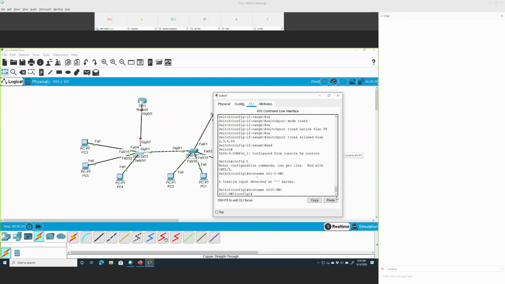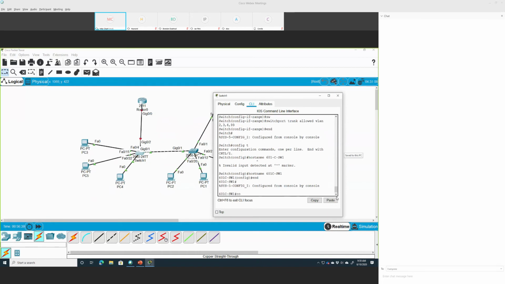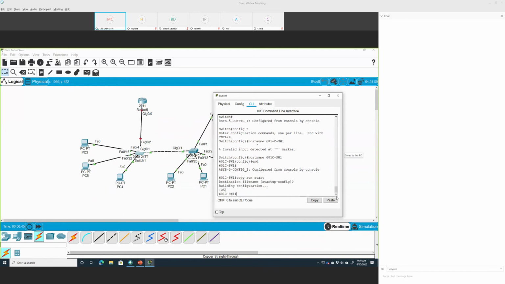Okay. So what we said we need to do? We need to save it. So end. Copy running configuration to the startup configuration. Okay. So now we saved it. Now notice this one is now working. This is up and this is up. Now this is down because this interface is down. So we need to